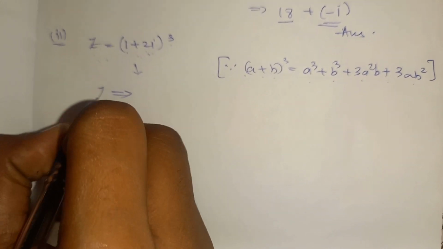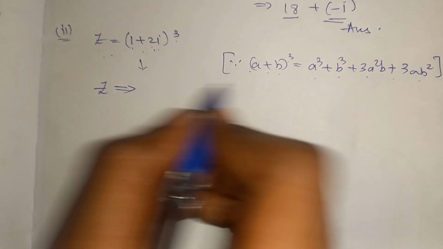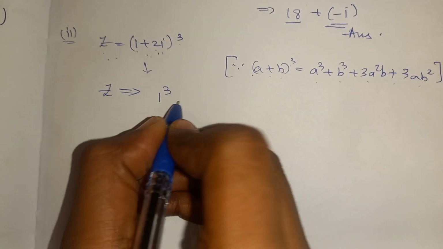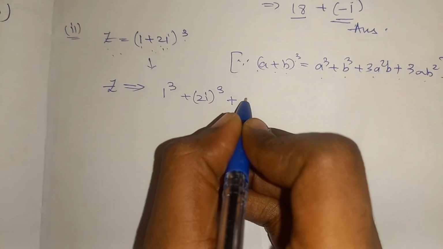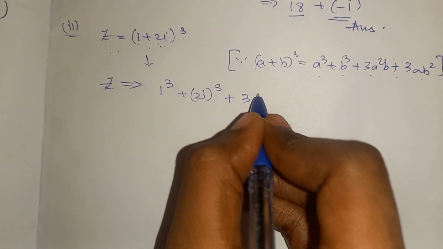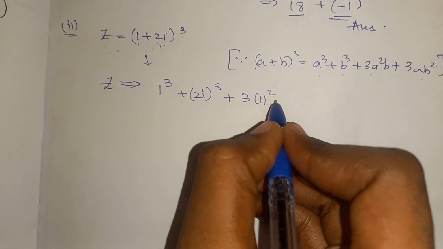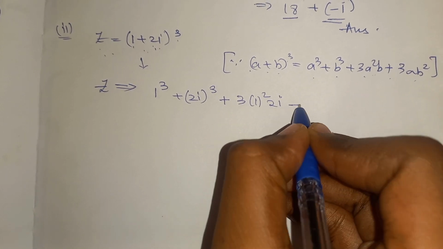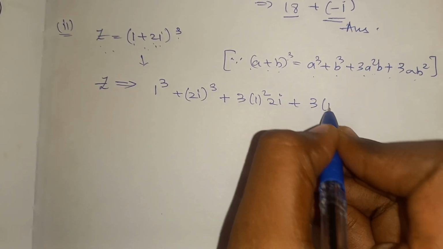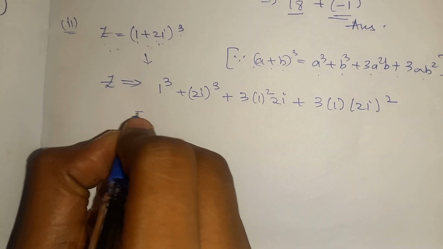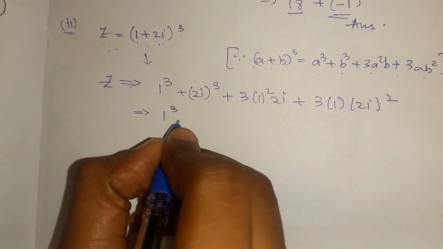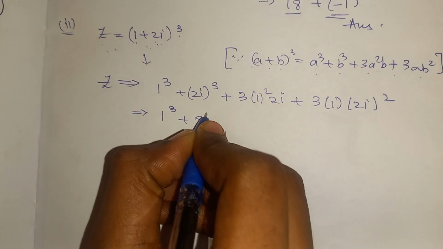What we get is z equals a cube, which is 1 cube, plus b cube, which is (2i) whole cube, plus 3 a square, 1 square, b, 2i, plus 3a into b square, so that is (2i) whole square, which equals 1 cube plus 8i cube